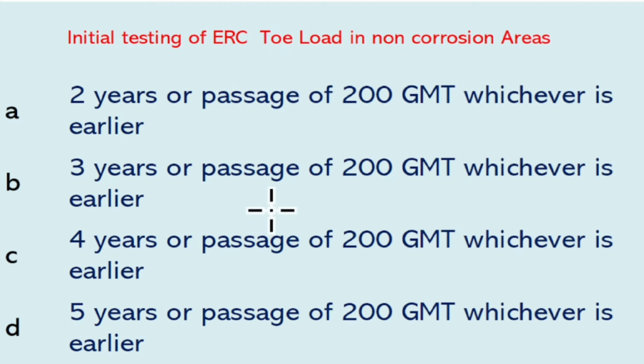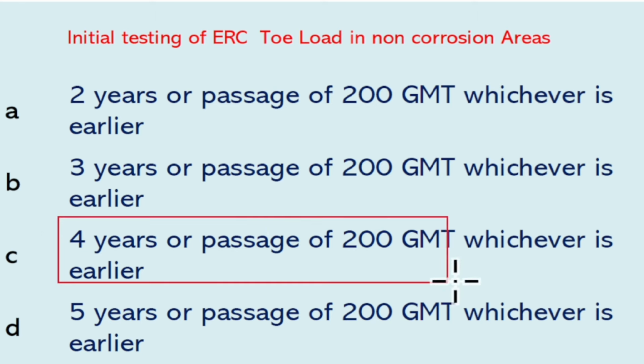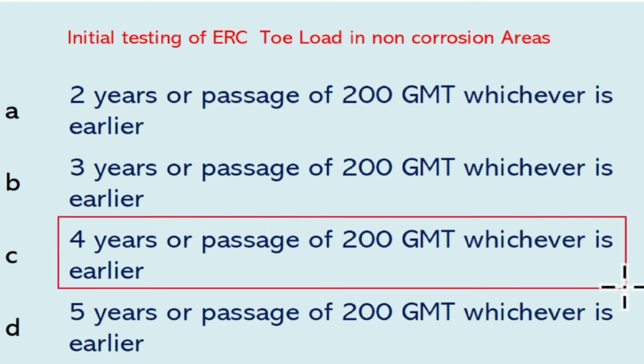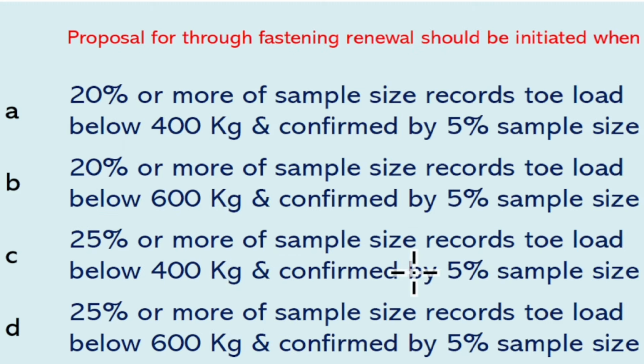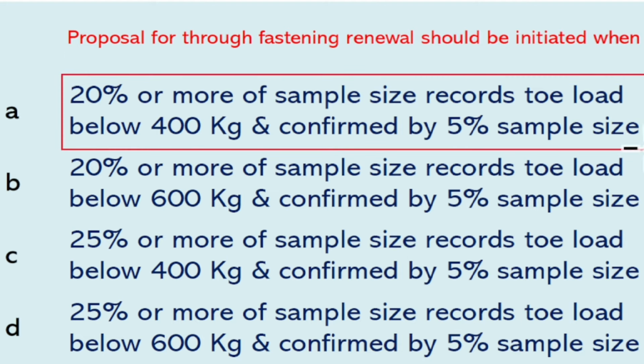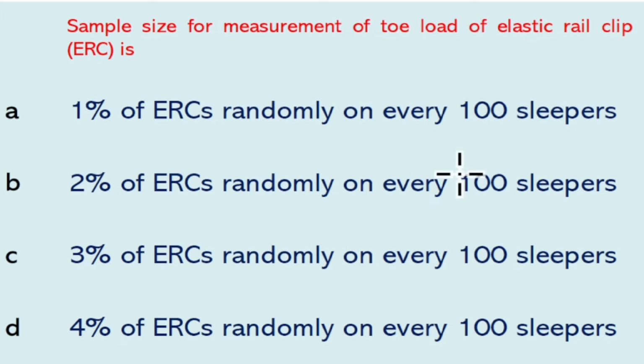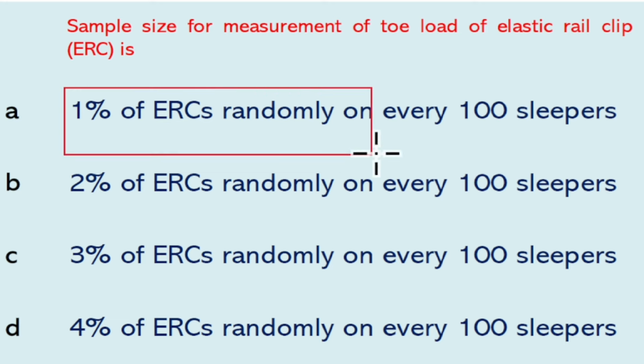Initial testing of ERC toe load in non-corrosion prone area is at 4 years or passage of 200 GMT, whichever is earlier. Proposal for through fastening renewal should be initiated when 20% or more of the sample size record toe load below 400 kg, and confirmed on the 500 sample size. Sample size for measurement of toe load of elastic rail clip is 1% of the ERC, randomly